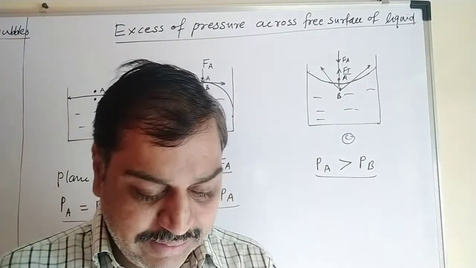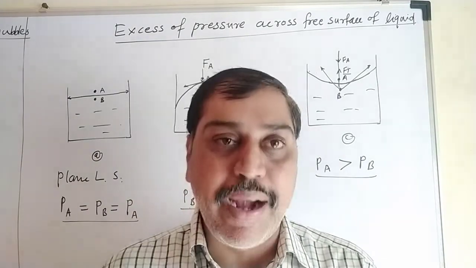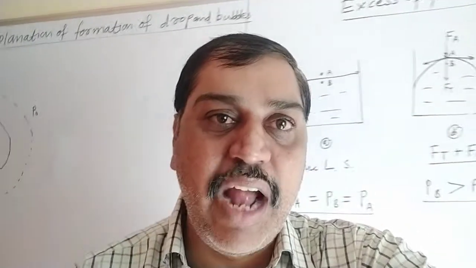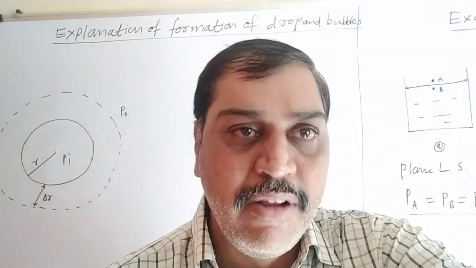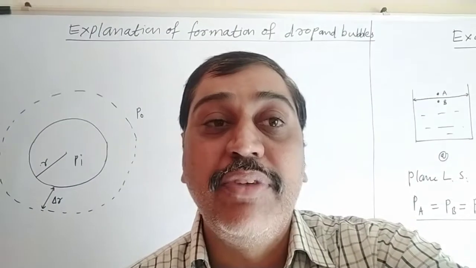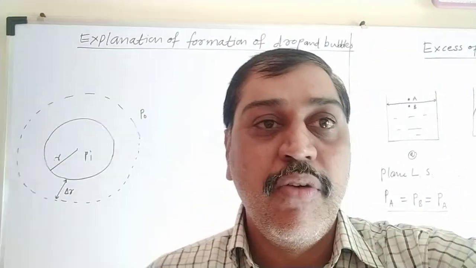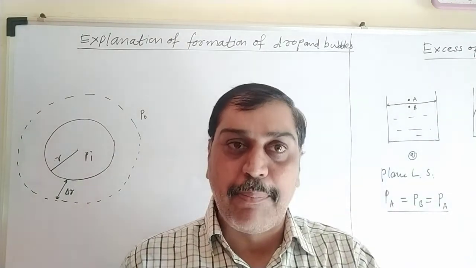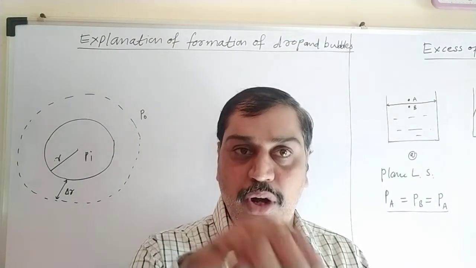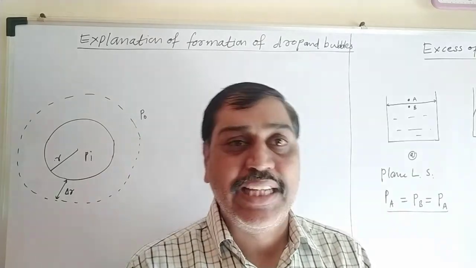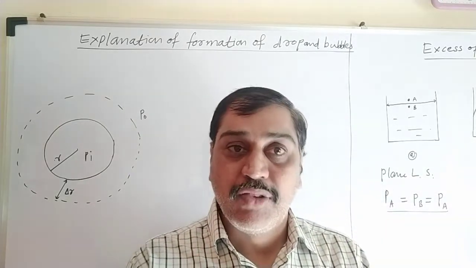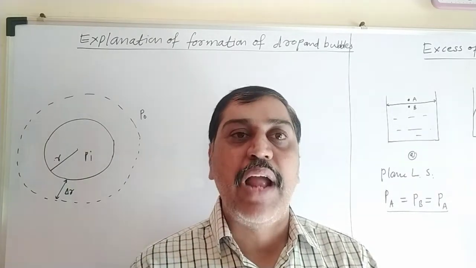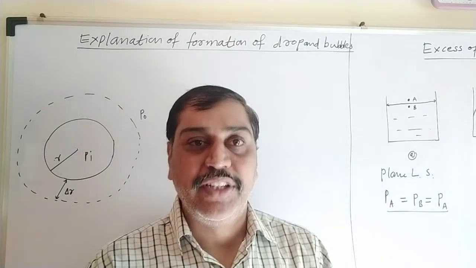The next topic is the explanation of the formation of drops and bubbles. Maybe all of you are wondering about drops and bubbles. In the rainy season, have you seen any drop which has the shape of a triangle, or a shape other than a sphere? Whenever rain falls, or water falls drop by drop from a tap in our house, if you observe the shape of a drop or a soap bubble, it is always spherical. It is never triangular, never square, never rectangular. Why so? Because of the surface tension of the liquid.